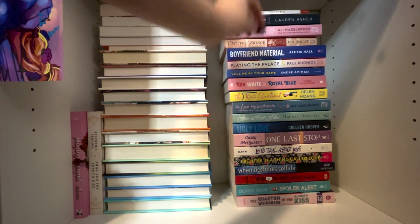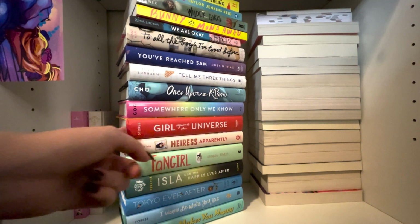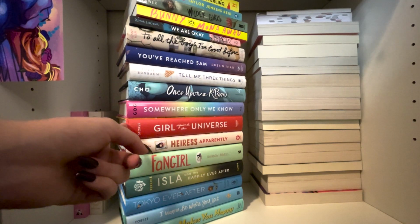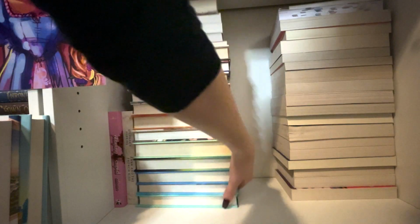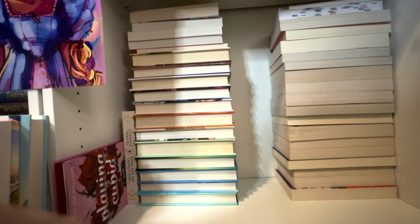And Boyfriend Material was so good. And I really should unhaul some of these, actually. But on this shelf, I'll say Girl vs. Xenorus, one of the first contemporaries I read, and I really liked because it had anxiety representation in it. Once Upon a K-Prom's really, really cute if you're a K-pop stan. I also have Anna and the French Kiss over here, and Playing Cupid, which was a Beacon exclusive book with